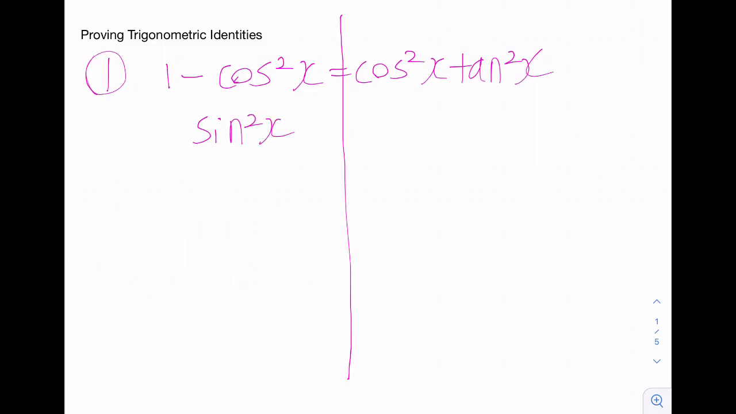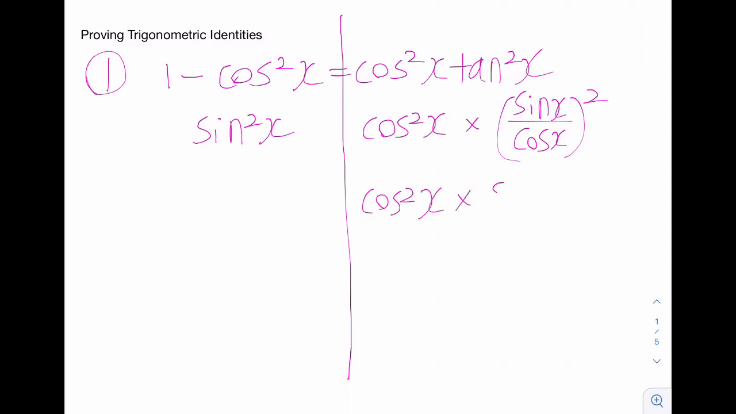Now let's look at the right side. We have cos squared x times tan squared x. We can rewrite this as cos squared of x multiplied by tan squared of x, and tan squared of x can become sine x over cos x, and then we square the whole thing because it's tan squared. Now this will become cos squared x multiplied by sine squared x over cos squared x, guys. And at the bottom, the cos squared x will cancel out, so this will just become sine squared